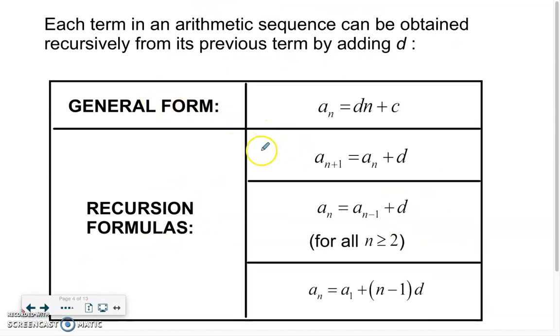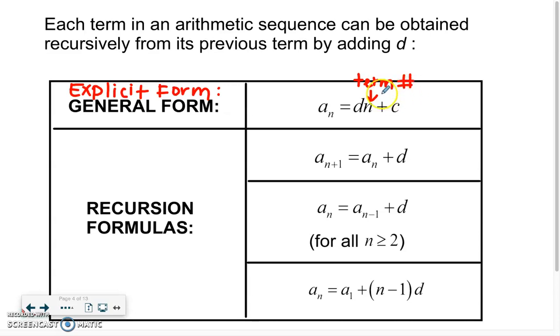Okay. There's two different ways to write equations to represent a sequence. There's what's called a general form and a recursion formula. So general form on your definition slide will actually be called explicit form. Yikes, my handwriting is terrible. It's called explicit form. And so explicit form is basically a rule that will allow you to plug in any term,